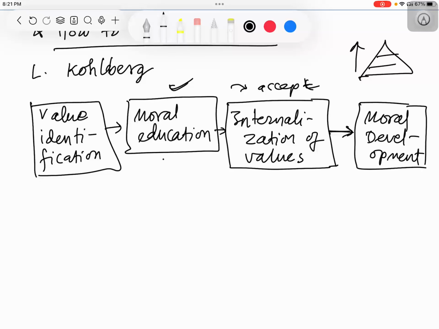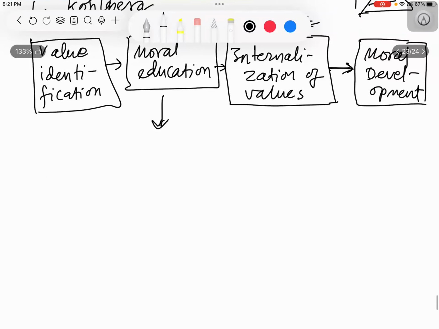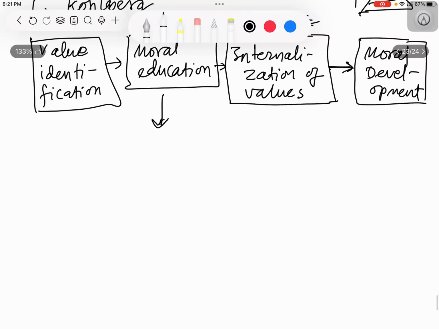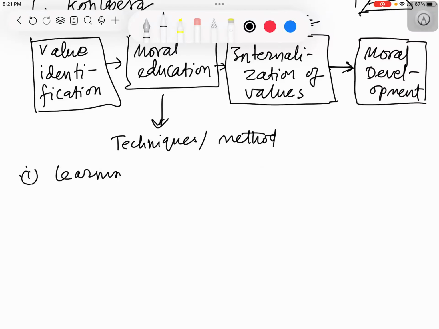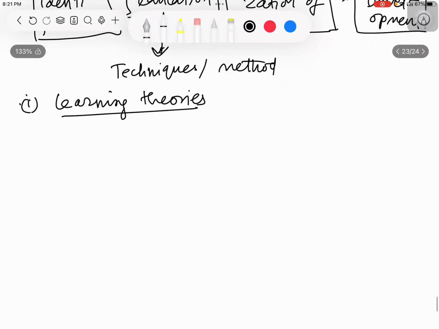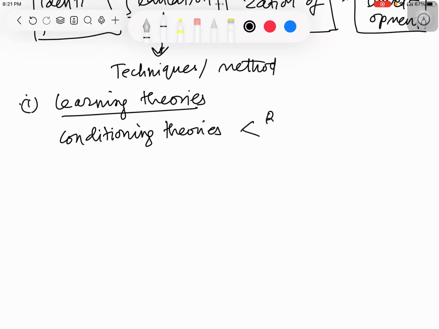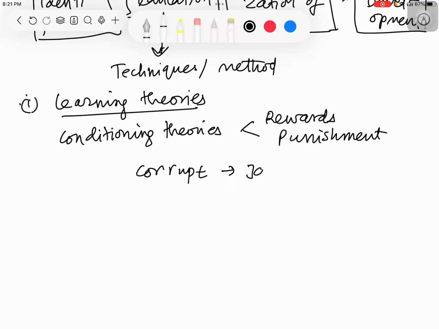So now the point is how you are going to do this moral education. Now as per different theories we can use different techniques or methods. For example, there are some learning theories, which tell us how people learn morals. Now which are these learning theories? There are some conditioning theories. Conditioning theories say that we teach people through rewards and punishment. For example, if you are being corrupt and you are jailed, you understood that corruption is not right,